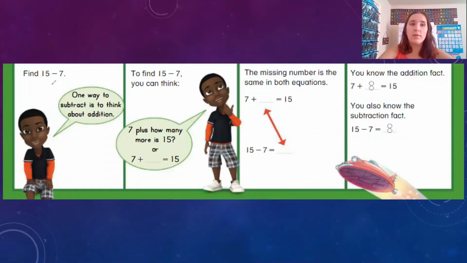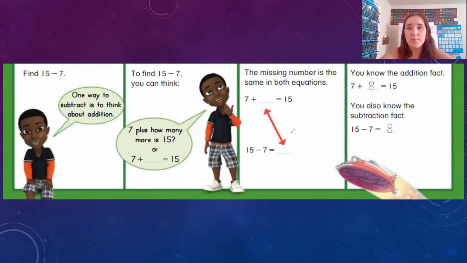So if we want to find 15 minus 7, one way to subtract is to think about addition. So to find 15 minus 7, you can think 7 plus how many more is 15? Or 7 plus what equals 15? The missing number is the same in both equations. So 7 plus something equals 15 is the same as 15 minus 7 equals something. The something, that number, they're going to be the same. So in 7 plus something equals 15 and 15 minus 7 equals something, the missing numbers are going to be